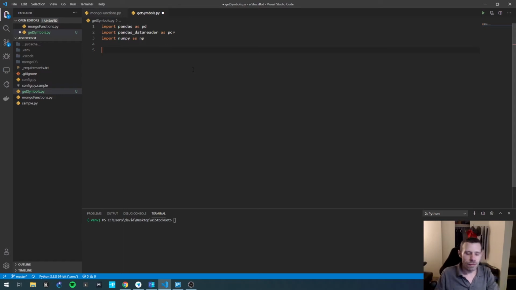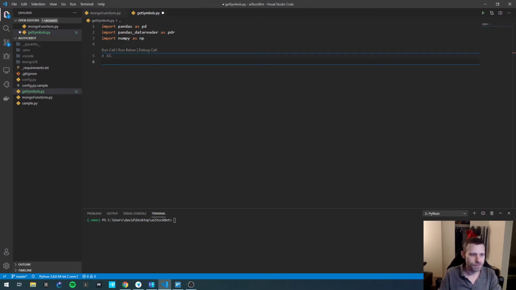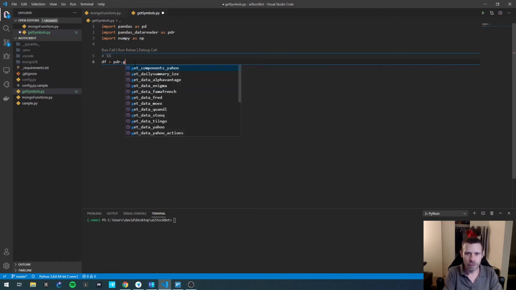So there is one thing I want to actually look into, and that is using Jupyter, which is like an interactive Python development shell within Visual Studio Code. In order to do that, we do a hashtag, like we're doing an inline comment, but then we do %%, and that gives us our Jupyter cell. So at this point, we're going to do a df equals pdr.iex, or sorry, it's pdr get